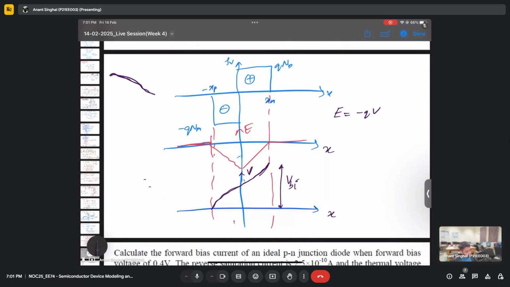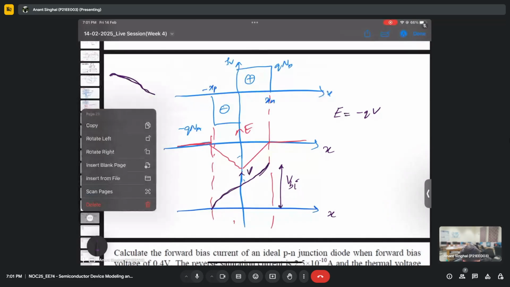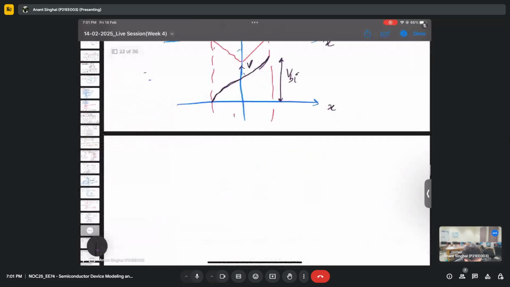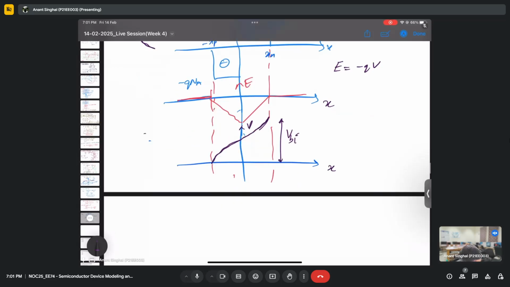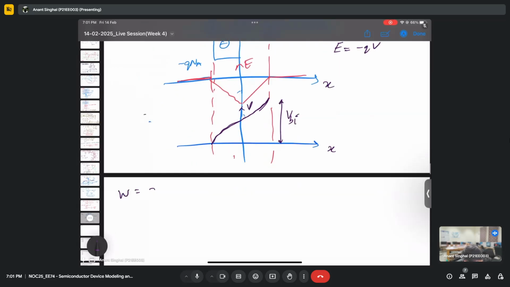No, yeah, understood. Yeah, great then. So this is what is depletion width, right? There is a thing called depletion width, which is nothing but xp plus xn. So we do have a formula for that. Do you want me to derive it or just write the formula? I can do the derivation also. I mean, it is short, but